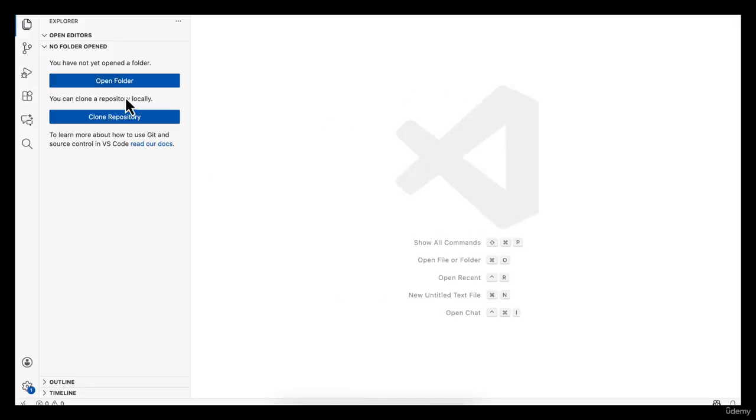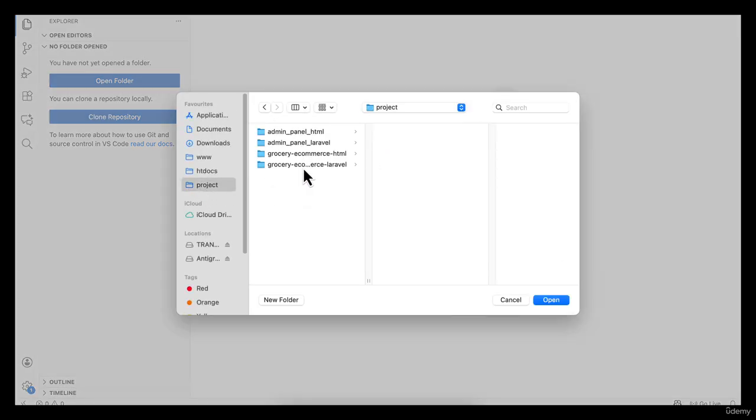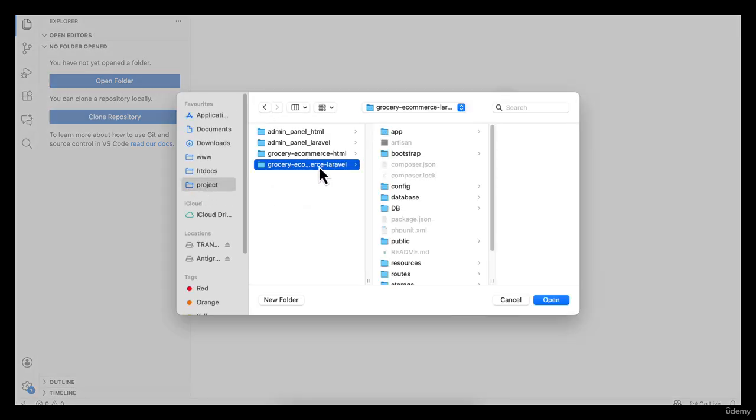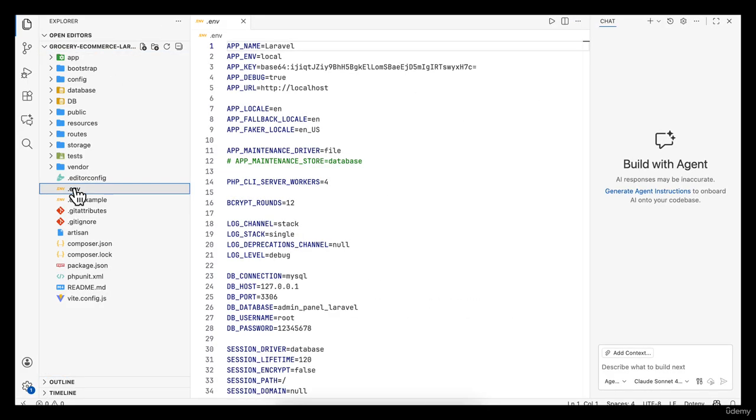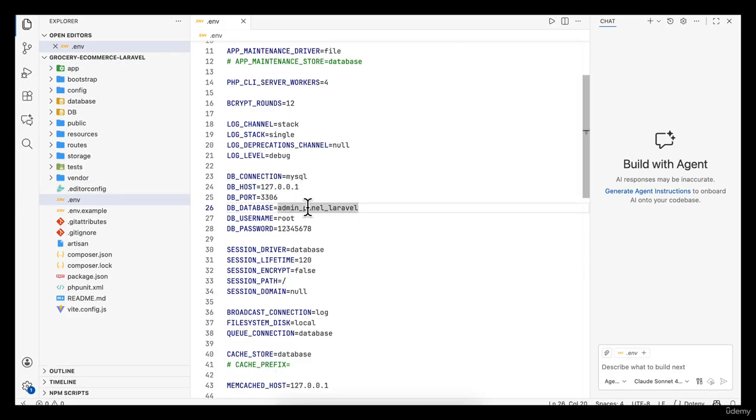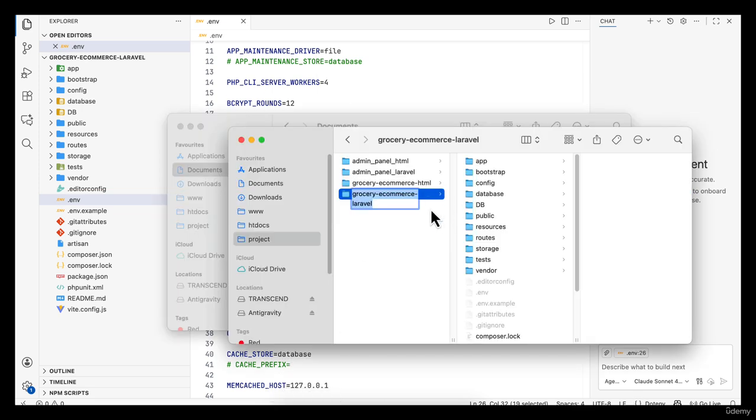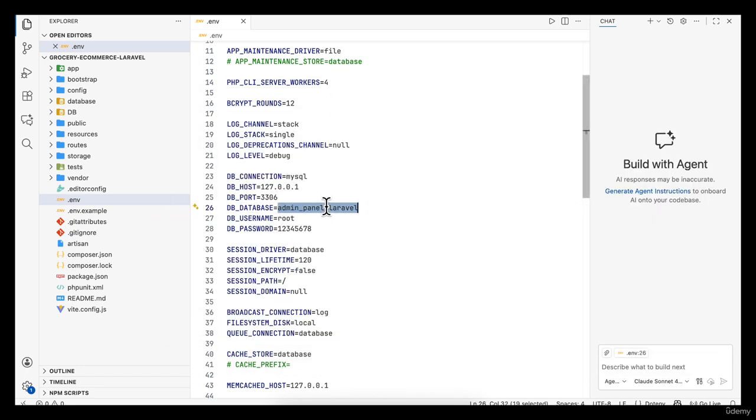I am going to reopen this folder in my VS Code editor, and then I am going to open this project that I converted into grocery e-commerce Laravel, right? And here I will have to change something. For example, it was the previous database name, so now it will be changed. So this name will be changed to this name. So I am going to rename it now from here, that is grocery e-commerce Laravel, but here I use something like this. Okay,